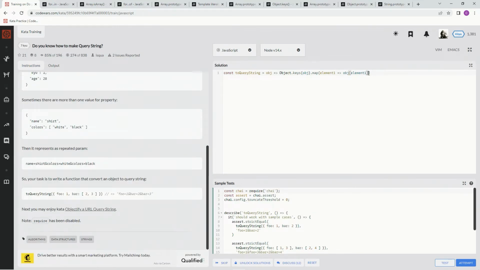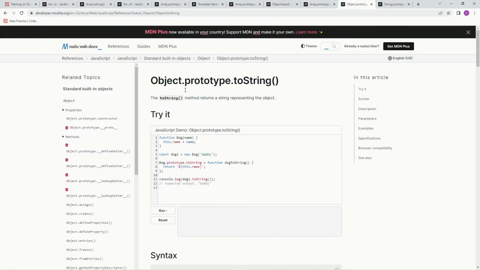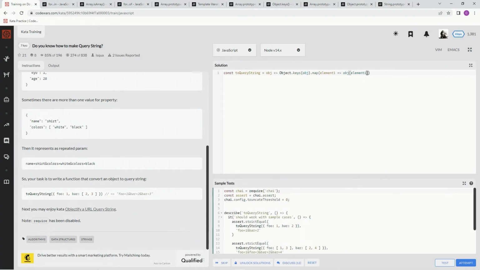And so we say obj[element1], and then we're going to turn it into a string by using the toString method, which is this one right here. Make sure you get Object and not Number, if you're researching it. The toString method returns a string representing the object. Basically, that's it. So after the bracket, we say dot toString,